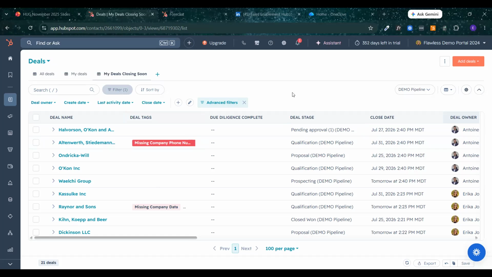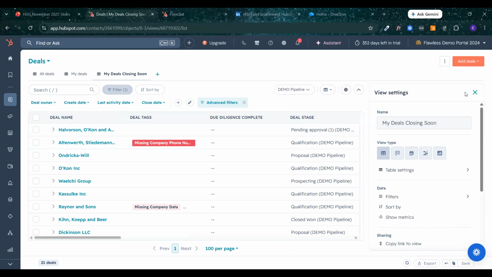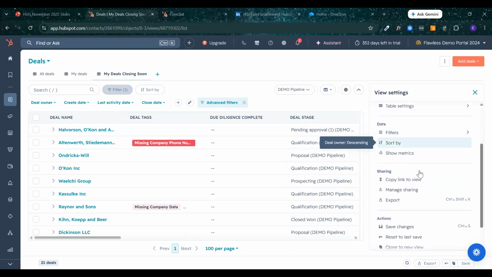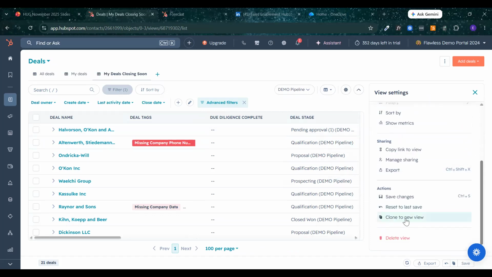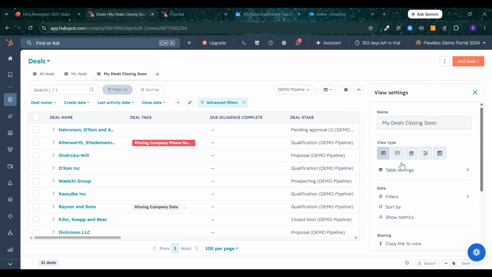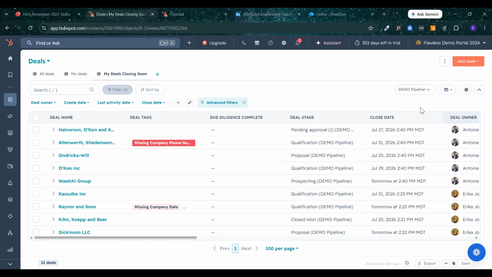This is what all of the record pages are going to look like going forward. So they have changed a few things. You will notice that, for example, the export, the save, the clone button is all down here rather than at the top. And then you have a lot of your settings in here where you can change the table settings and all of the sorting and stuff. And also you have cloning and sharing, which is all in the settings tab now.